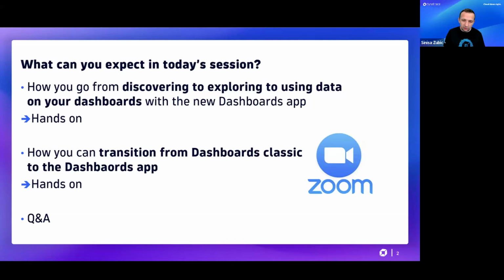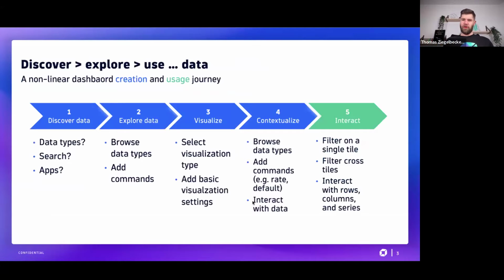Yeah, so can you maybe show us now how you can discover and explore data with some examples? Just two boring slides before that, and the text is not so important. What's important is the journey here, which is in essence five parts. And you will see the same then on the dashboard as well, just so you get some context also for the hands-on part. And usually when you think about creating dashboards, which is mainly the blue parts, you are at the very first asking yourself: what kind of data is there? What kind of data do I want to use or leverage? How can I explore this data in order to get to such meaningful